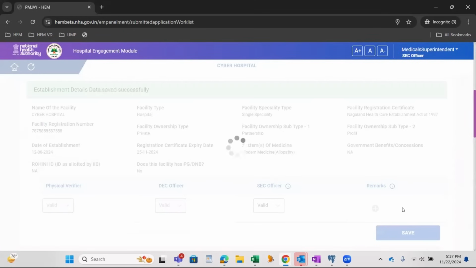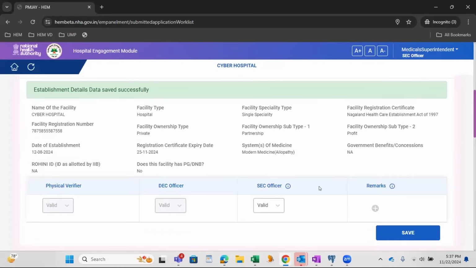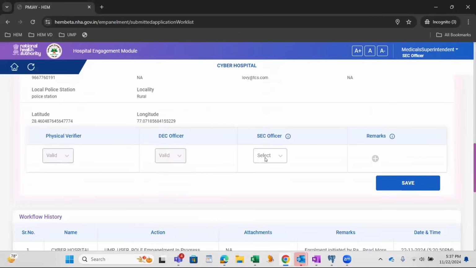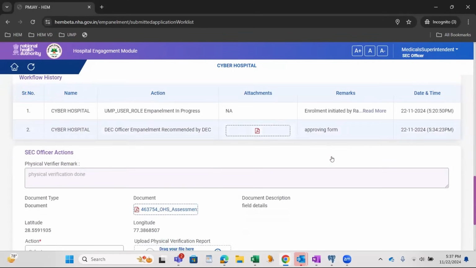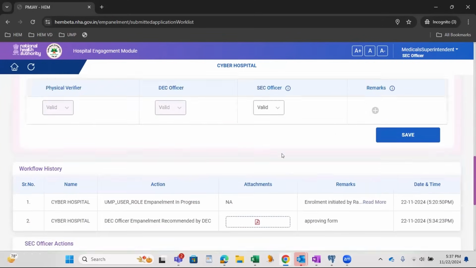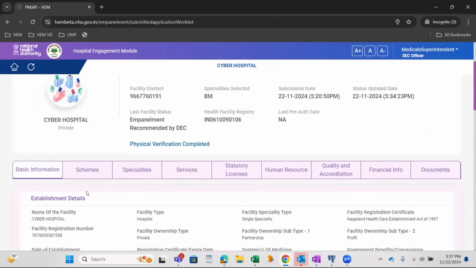Click on save. Address. Click on save. So likewise, SEC can also see all the form details.